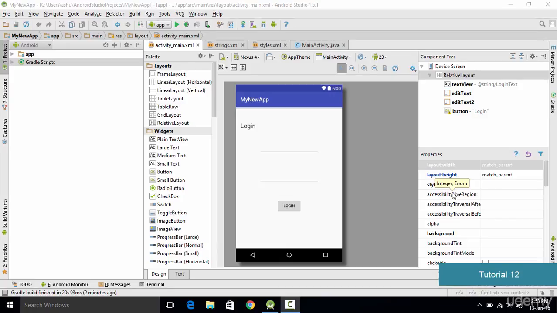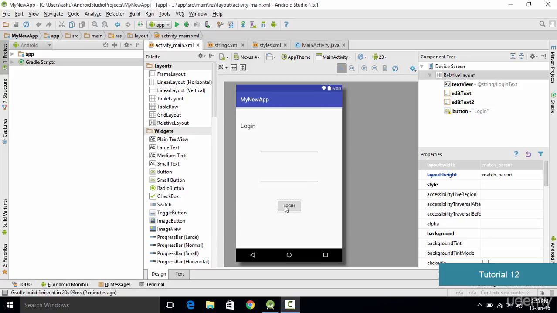Hello and welcome to this tutorial, and in this tutorial we'll be designing the user interface of our Android application. Now this tutorial is going to be the continuation of the previous tutorial in which we have designed this basic login screen for our application, and now in this tutorial we are going to study some things which are called resources. But before directly jumping into the resources, the first thing which I need to mention is we